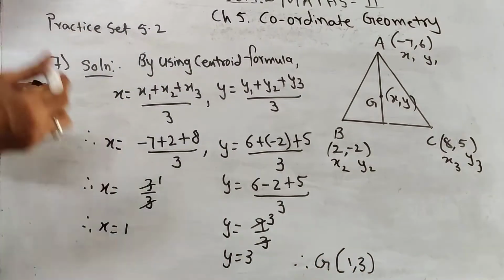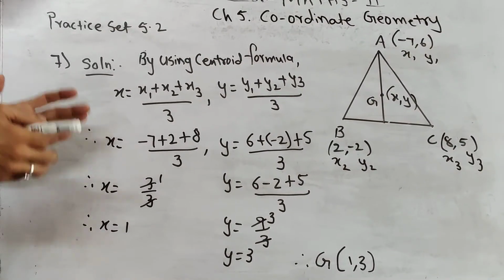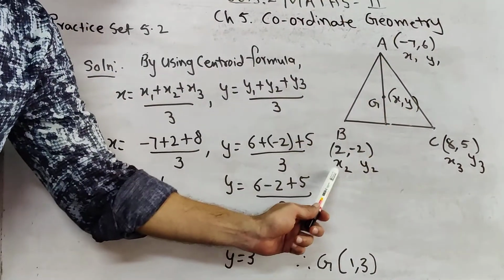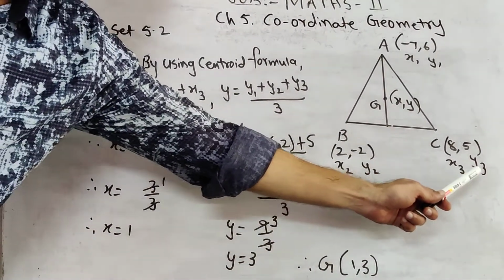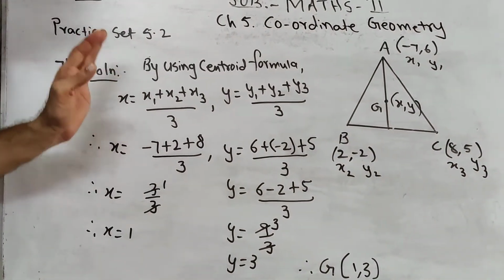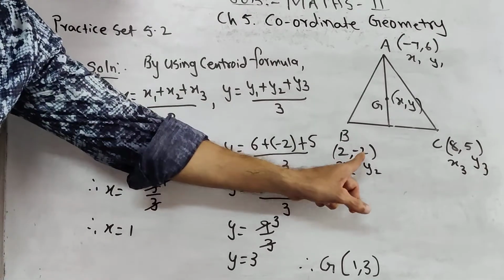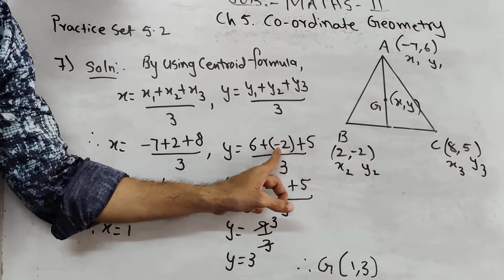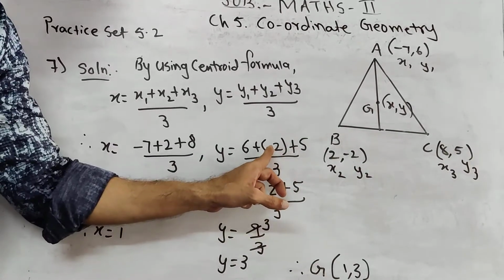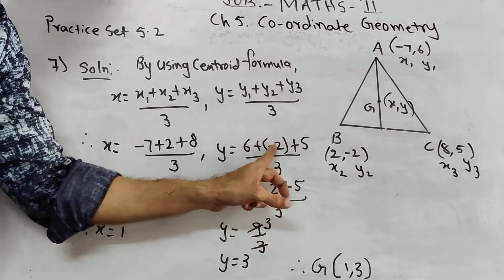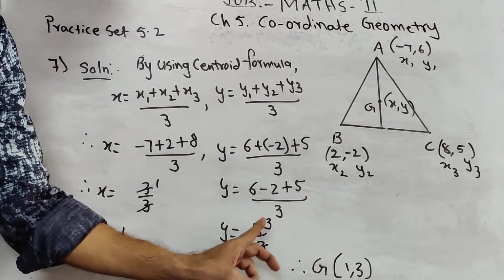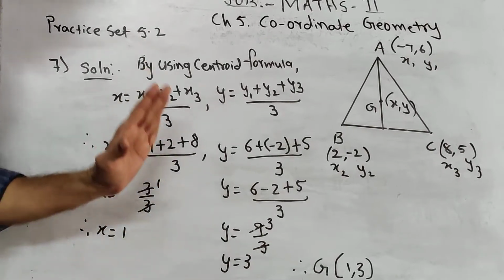So very easily you are getting this centroid formula, also very simple. First of all you have to mention x1, y1, x2, y2, x3, y3. First of all you will mention this, and then by using centroid formula is very easy, my dear students. If negative number is there, so write negative number in the bracket. You know this plus minus is minus. Okay, if any negative number is there, you can write there in bracket. So plus minus is minus. So 6 minus 2, 4. 4 plus 5 is 9. So very easily you will get it, don't worry about it. This is also very simple.